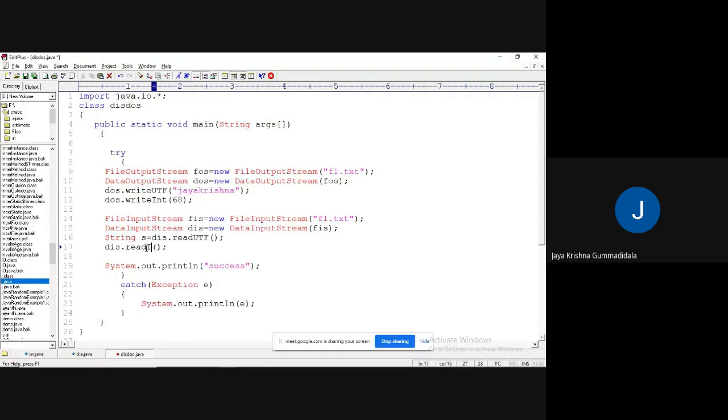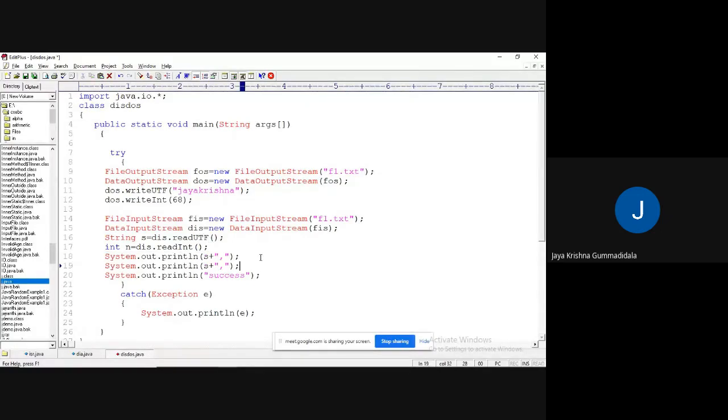It should be integer. int n equal to. System.out.println. Yes. This is n.